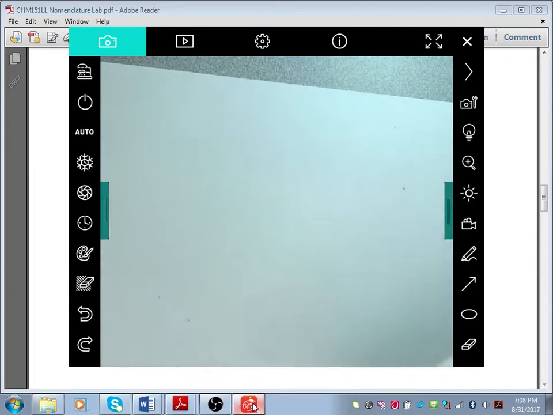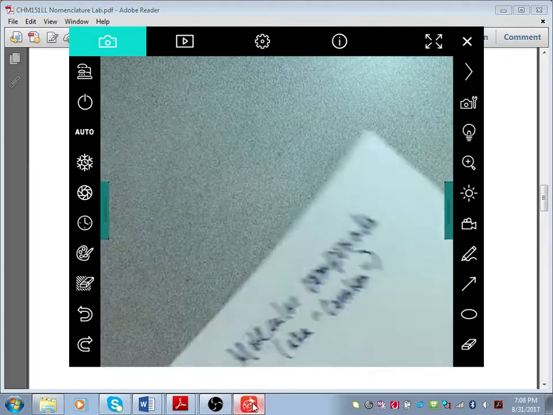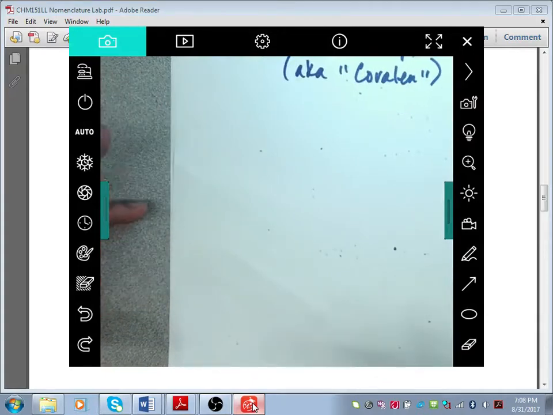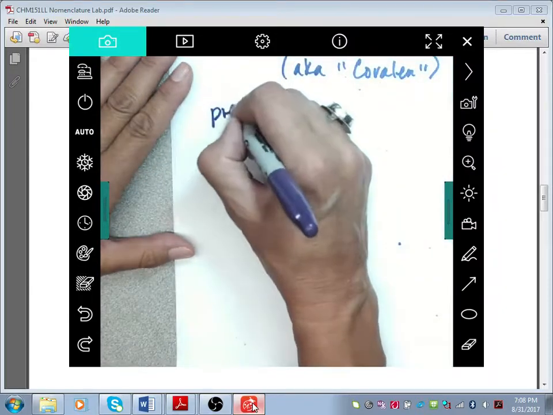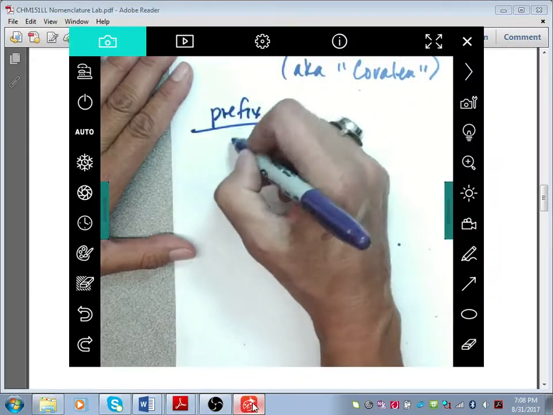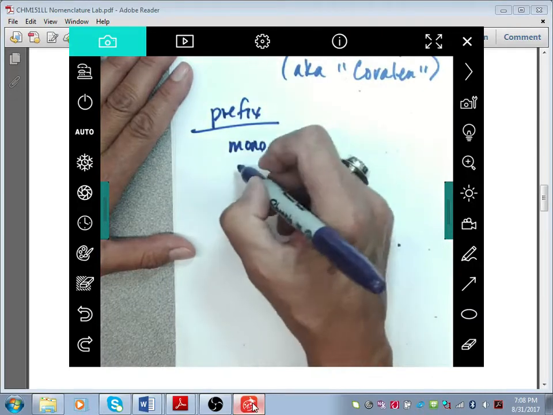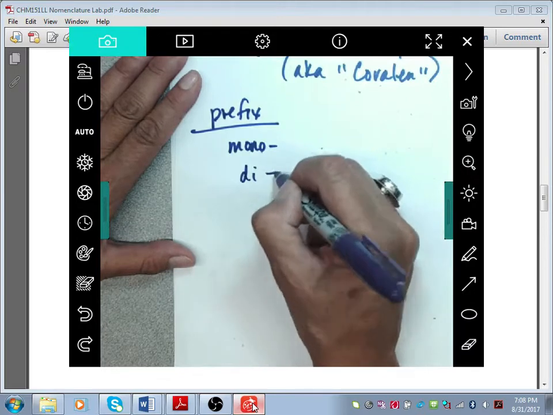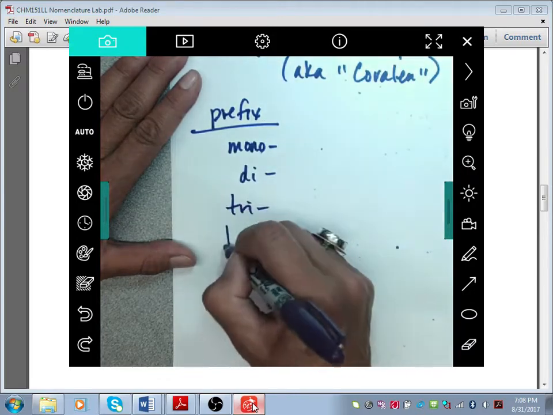All right, so the rules for covalent compounds are a little bit different. Actually, they're a lot different. You don't have to worry about charges. So there's no crisscrossing. There's no net charge of 0. You just slap on a prefix. And the prefix system goes like this. Mono. You should write all these down, and probably in your lab notebook would be a good idea. Di, tri, tetra,